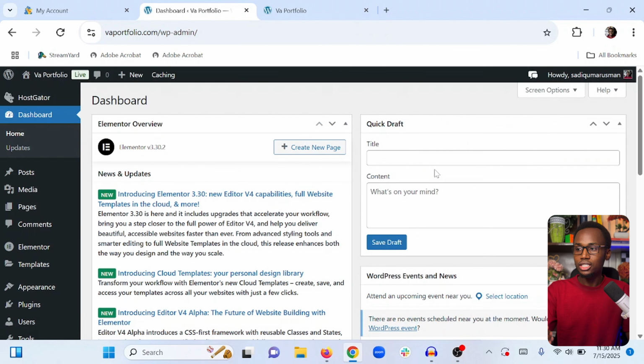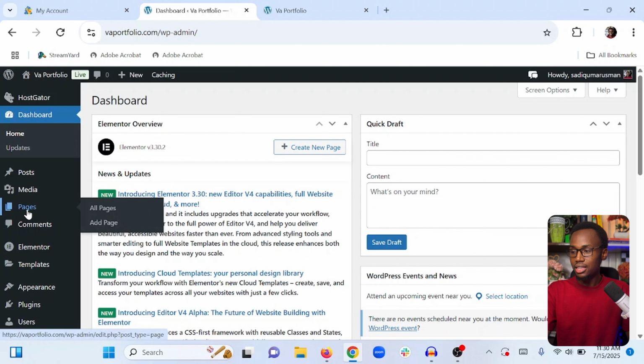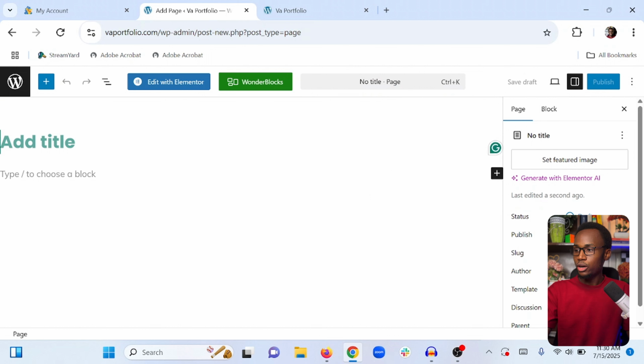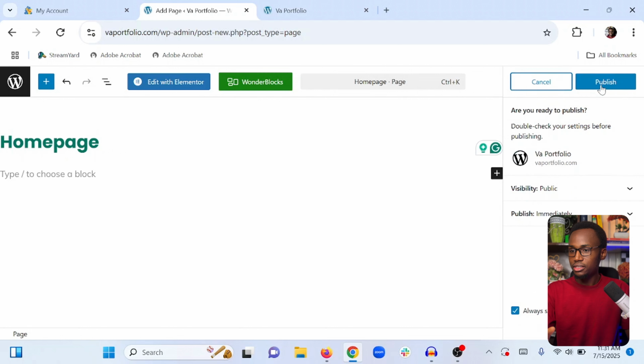So how can you start using Elementor Page Builder since we already installed it? In order to start using it, we have to come to the pages of the website. Since this is an empty website, we don't have any pages, we can click add a page. We can click this X to remove the block editor, and we are going to write a title, a name for our page. Maybe if we are creating a home page, we can name it home page. And we can click publish,